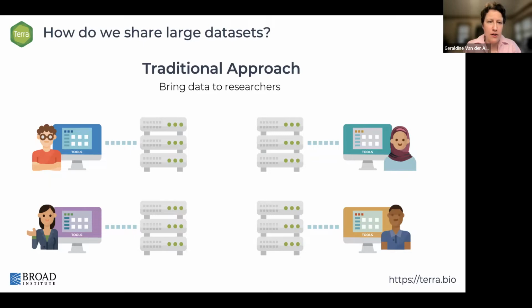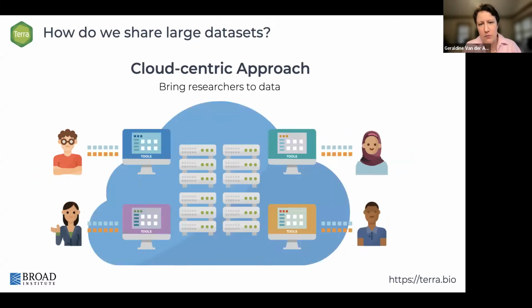And so a very important solution that has emerged to this problem is to use a cloud-centric approach where we're putting data sets on cloud infrastructure and bringing the researchers to the data and putting tools and compute and so on in a centralized place. And so great. Cloud is a very promising solution,